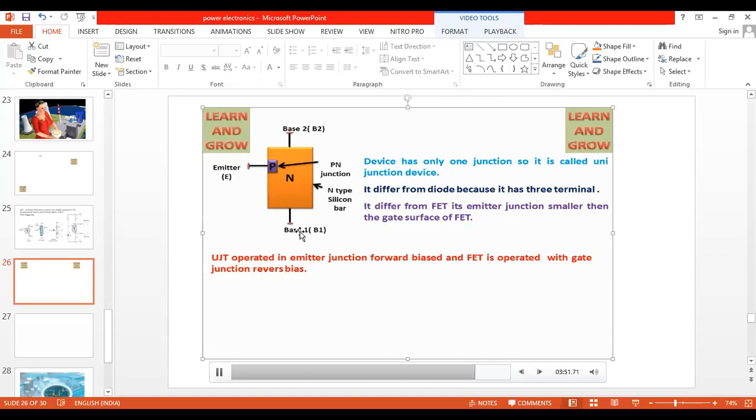Electrons always move from base B1 to B2, but movement of electrons does not confirm that UJT is on. Both the holes and electrons should be able to move from one region to another region. So at a time, we have to give the supply to the base terminals and the emitter terminal. When the emitter is biased, then with the movement of holes from p-type to n-type, the UJT is turned on. Now we see how the UJT is used as an oscillator, how UJT generates this square waveform. Okay, let's move to the next slide.